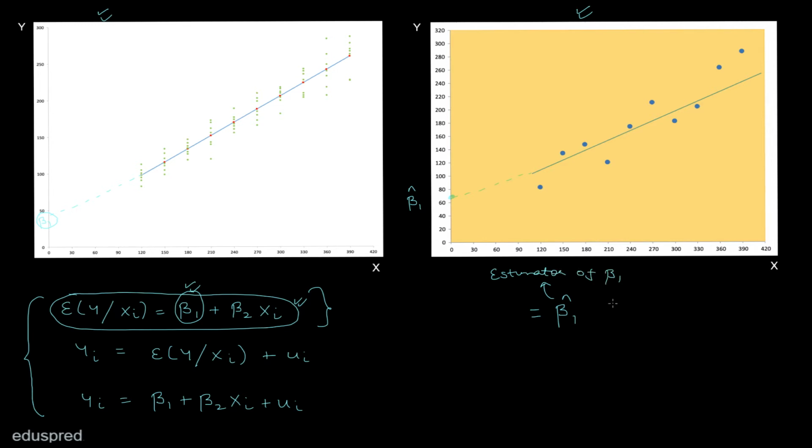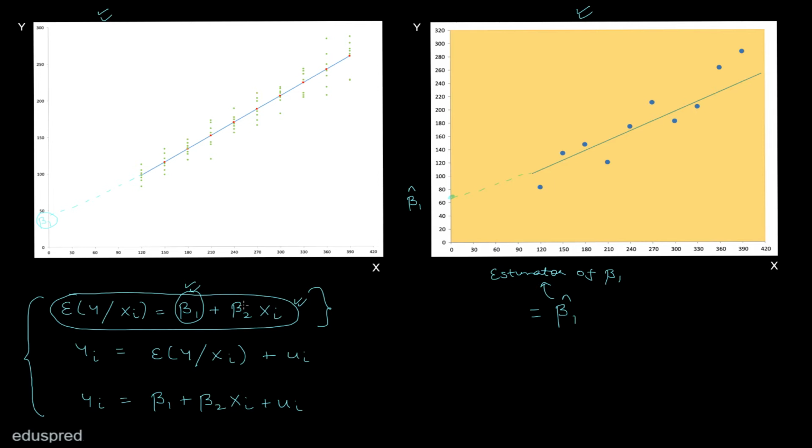Now see, at this point, I'm assuming that you are familiar with the term estimator. You must have heard this term in your statistics module as well. If you don't recall the meaning of estimator right now, then it's fine. Let me tell you a couple of lines about this, and later on in one of my videos, I will also discuss the concept of estimator in detail. Basically, this beta 1 and beta 2 on the population side are population parameters. In real life, you will never know the value of these population parameters. So in real life, you have no idea what the value of beta 1 and beta 2 is. And this is what we are trying to find.